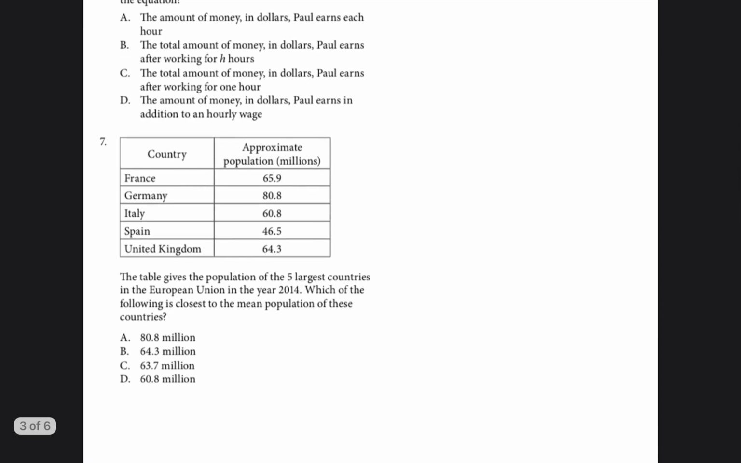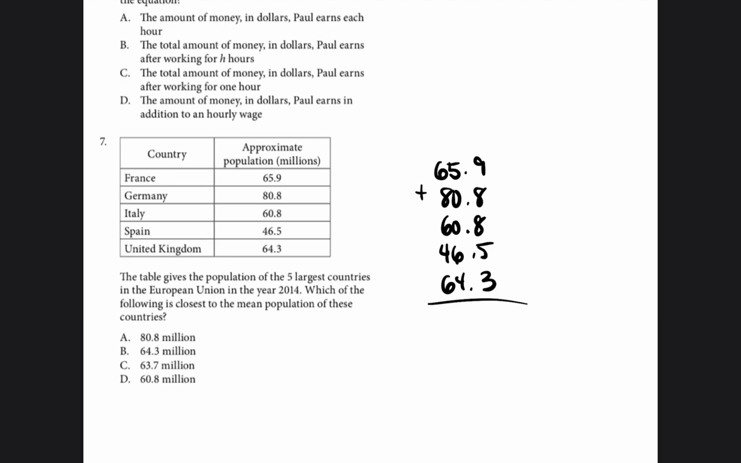Okay, the table gives the population of the 5 largest countries. Which of the following is the closest to the mean population of these countries? Okay, so mean just means average. So you find the average by adding all the numbers up. 65.9, 80.3, 60.8, 46.5, 64.3. And when we add those all together, just for time's sake, that's equal to